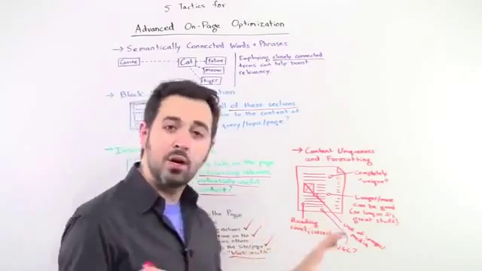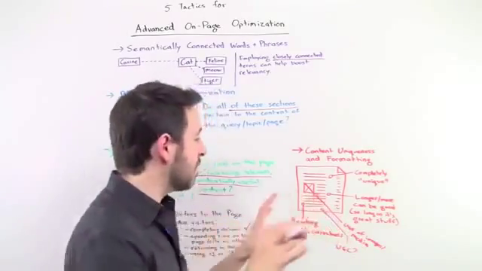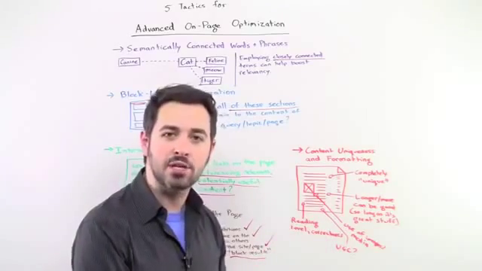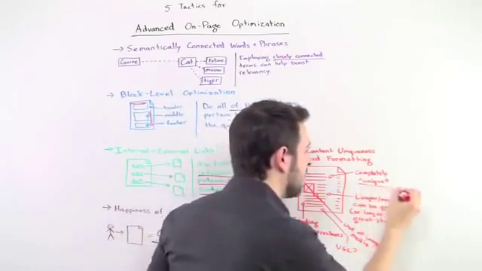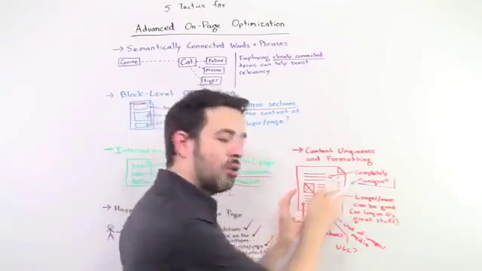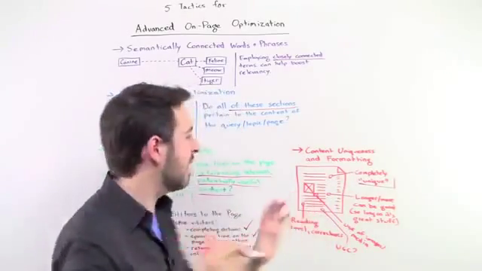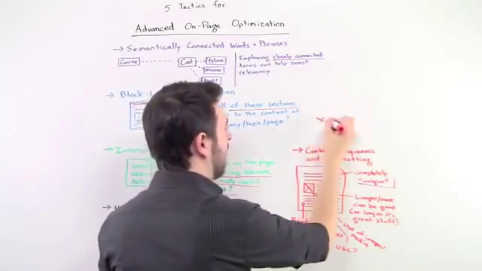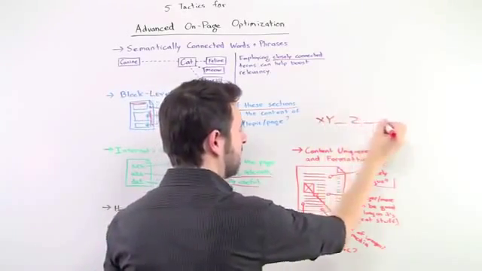But what you may not know is that there's a bunch of tactics that you can apply in an advanced on-page optimization scenario that can help. So things like completely unique content. When I say completely unique, what I mean is not that you can't quote someone in here, but just that what you can't have is a sort of Mad Lib style SEO where you've got X, Y, blank, Z, blank,